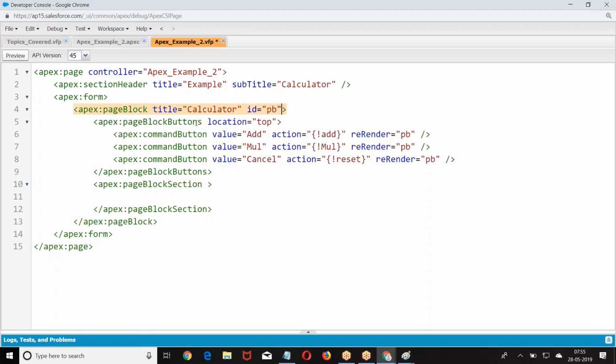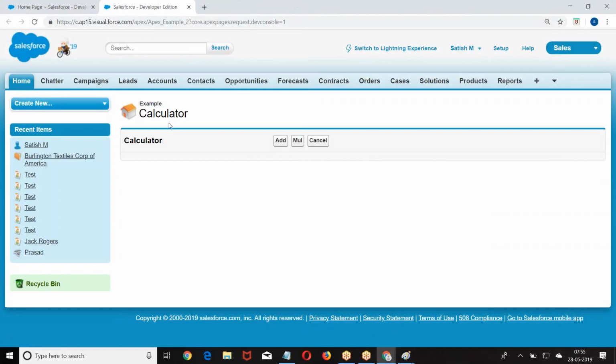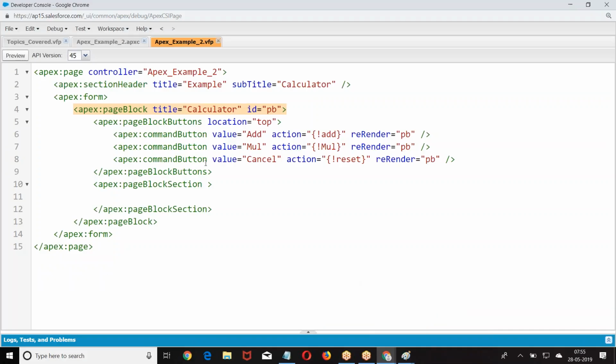This is how I take it. So let us see first the output of what we have created. So we created a page block with 3 buttons. Now within the page block I was supposed to create page block section.